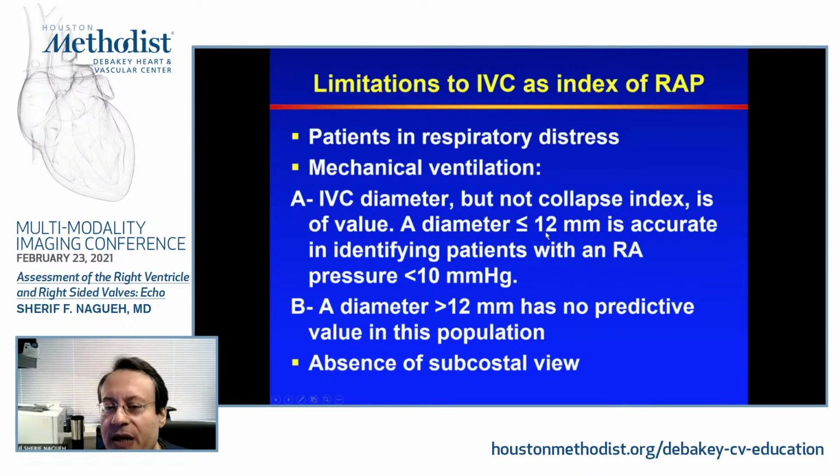A diameter that is at most 12 millimeters is accurate in identifying patients with a right atrial pressure less than 10 millimeters mercury. This was a manuscript published in JASE many years ago by Jue and Schiller. On the other hand, a diameter more than 12 millimeters in a patient on mechanical ventilation has no predictive value. Another challenge is posed in the post-op settings when you do not have subcostal views,